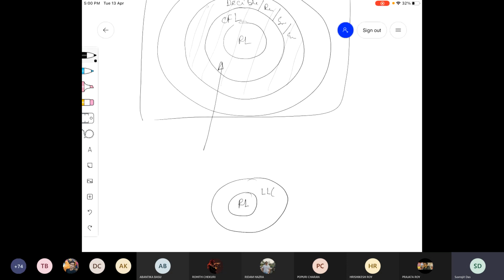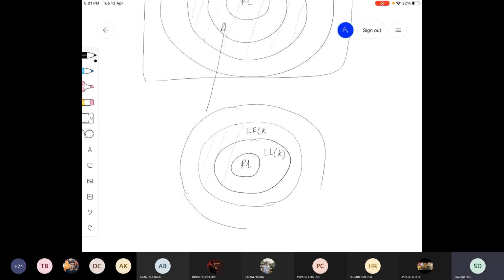The deterministically solvable class of languages, very handy to us for computation purposes. For example, for building compilers, for building parsers, LL(k) and LR(k), they are all deterministically solvable problems, right? So I draw a class here and I say unambiguous. I label this class as deterministically solvable. The machine is deterministic push down automata,